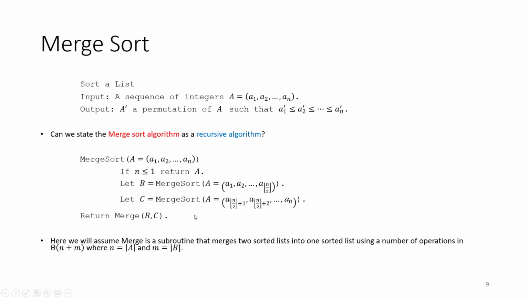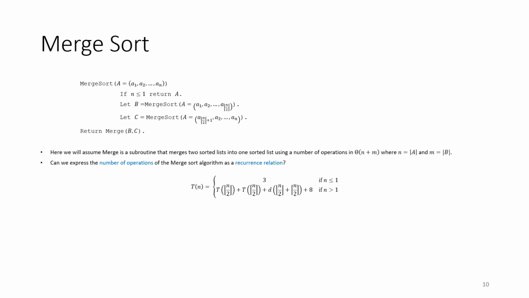Okay, so now we want to do our analysis for this pseudocode that we've created, maybe not knowing exactly how many operations this is carried out, only knowing that it is theta of n plus m. So now that we've got the algorithm, let's see if we can build a recurrence relation. Well, I have a recurrence relation right here, but let's see if we can sort of verify this recurrence relation ourselves. The 3 is the same 3 that we've had in our previous examples, accounting the one call, the comparison,